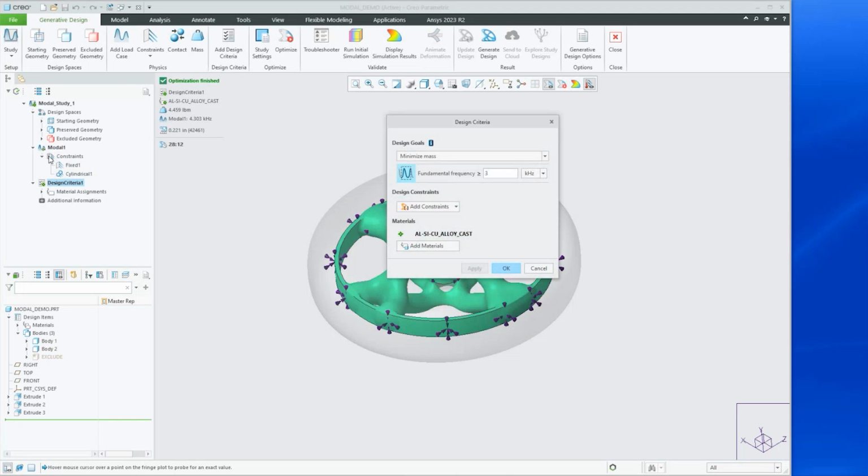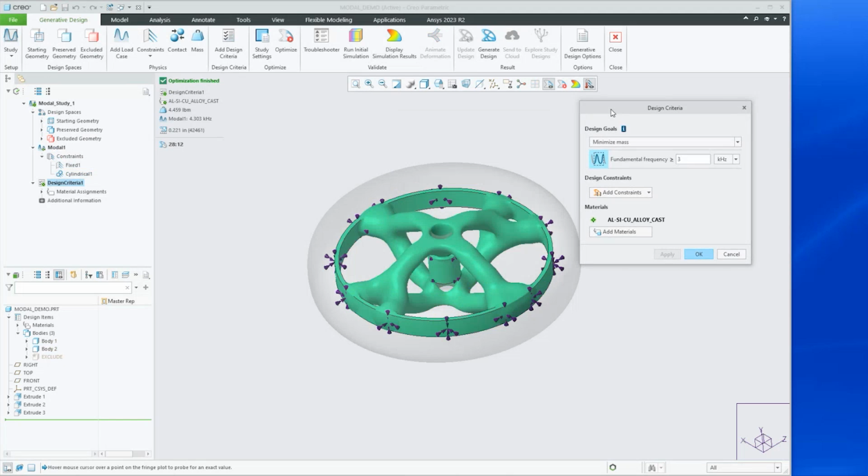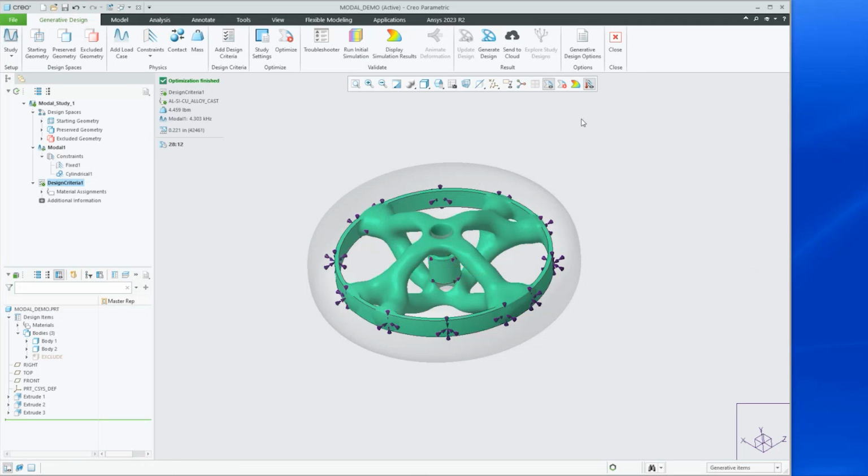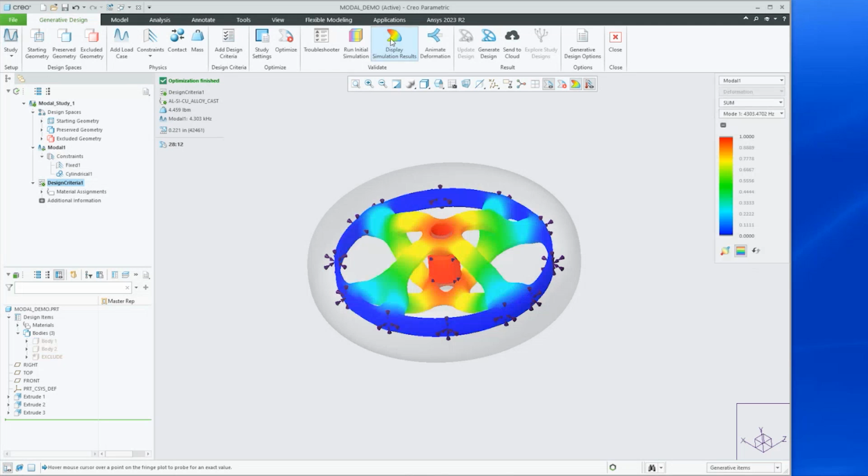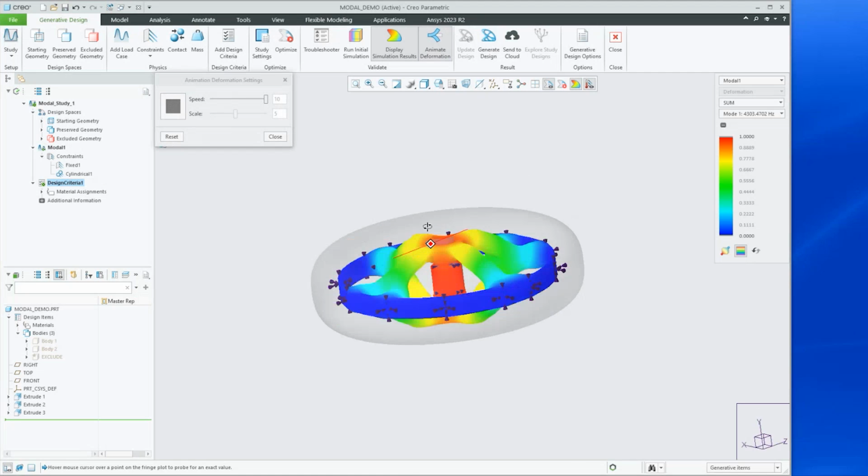The actual design criteria in this case is to minimize mass, but to maintain the fundamental frequency. The first eigenmode needs to be greater than or equal to 3. In fact, it's probably going to be much higher, but it will maintain the highest eigenvalue it can. So again, coming on to look at the results there, I can see that the first mode is actually, this is a very stiff model. It's actually up at